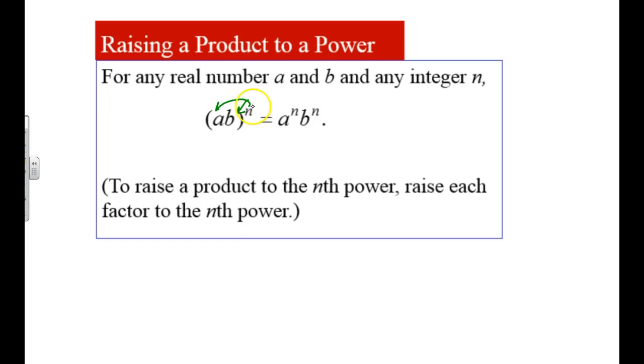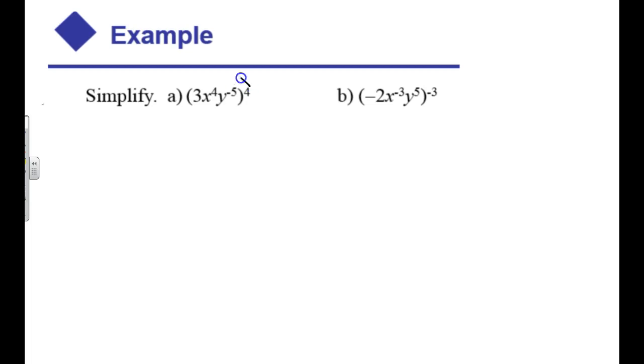The next rule says we can distribute this n to both terms. So we'll do a to the n and b to the n. An example of that would be this 4 gets distributed to all 3. Well, these aren't actually terms, but they're not separated by addition or subtraction, but it becomes 3 to the 4th. X to the power raised to a power is going to be 16, and y to the negative 20th, 5 times 4. Again, I'll probably try to simplify this. 3 to the 4th is 81. I'll leave x to the 16th, but